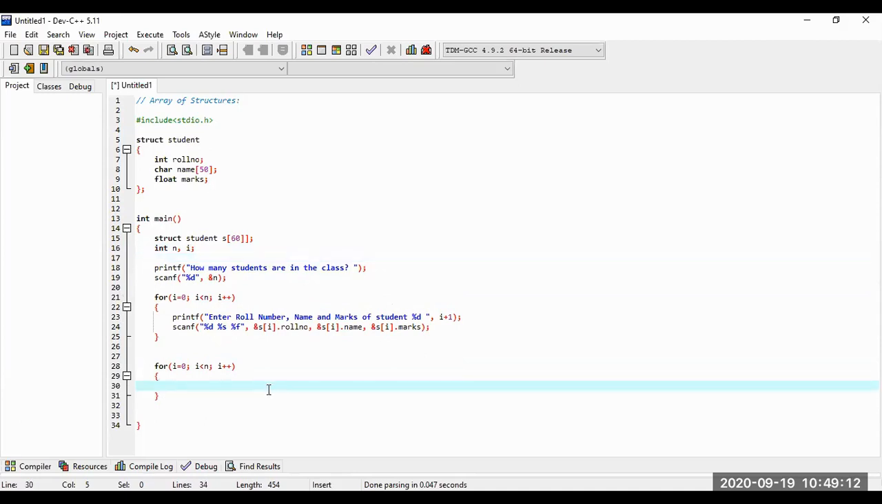So let us now print the things. So how to print? So just write printf percentage, yeah, as a roll number, or if we just print them directly, let us print them directly. Let us say percentage d is the roll number. Fine. So this is the roll number, and